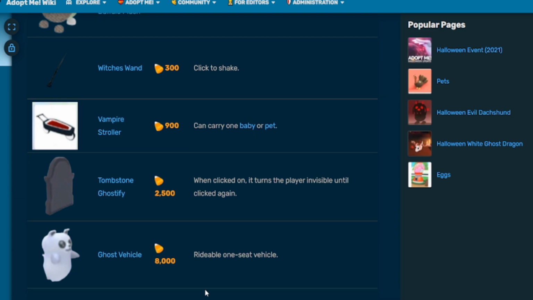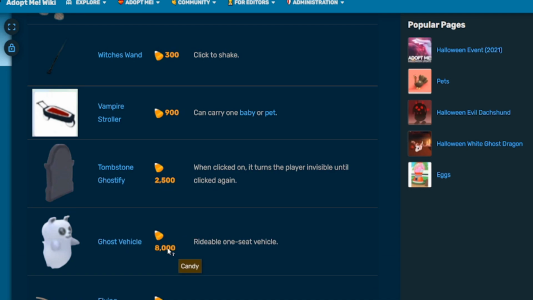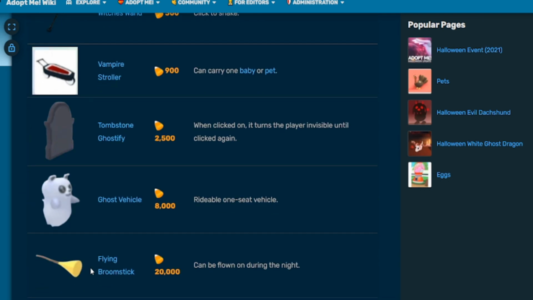But yeah, the Ghost Vehicle is pretty cool. 8,000 candy. And then the Flying Broomstick. I feel like this one should have cost Robux, but you can't have everything cost Robux because that's kind of pay to win. So the Flying Broomstick,